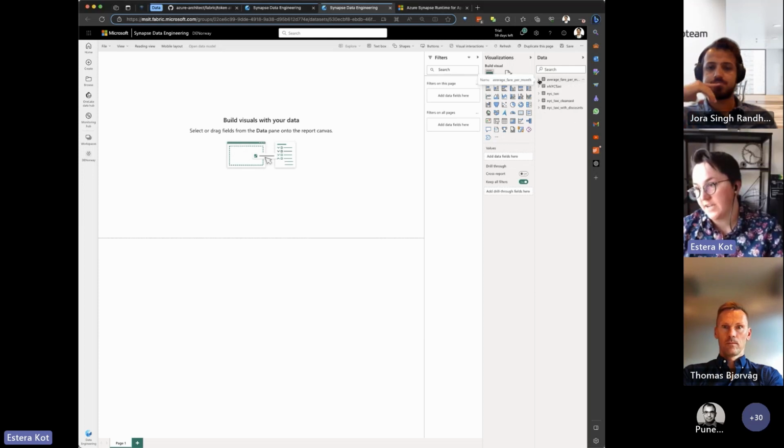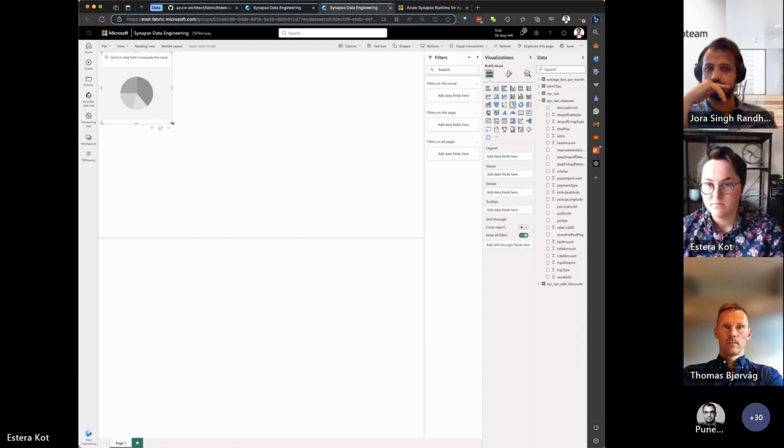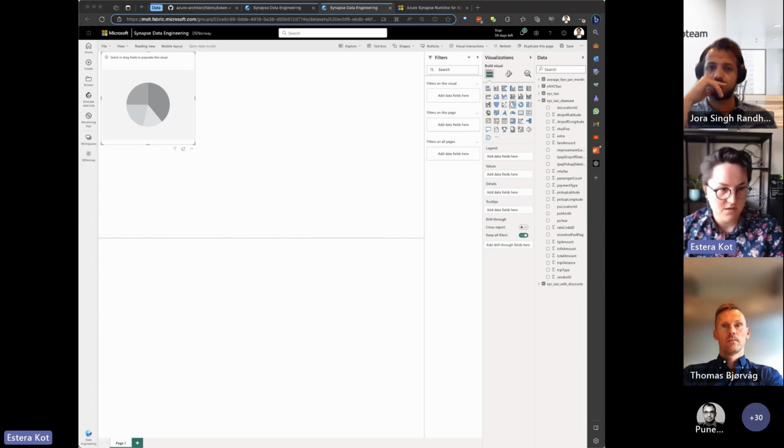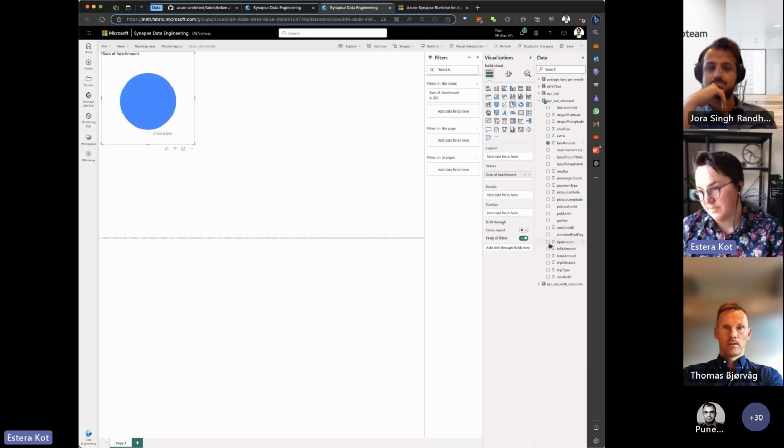So all the artifacts are here. All the views are here. So let's use maybe the cleanse data. I want to create a pie chart. Okay, and the column is fair amount. So I want to see, just by looking at the pie chart, in terms of all the amount that people spend on driving by taxi, how much they tip.